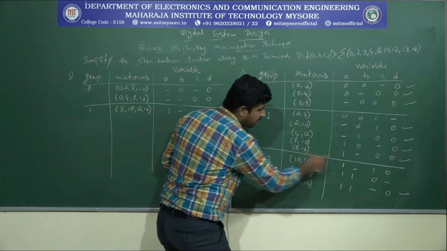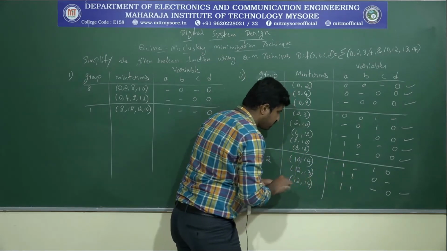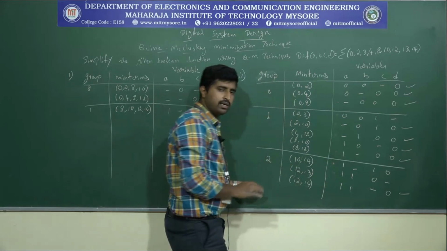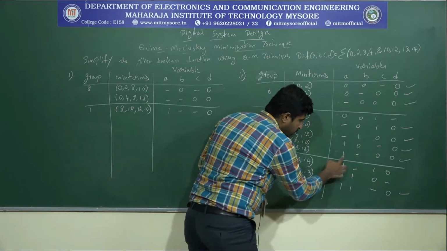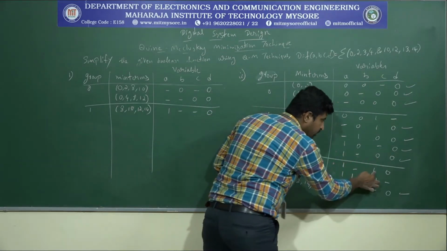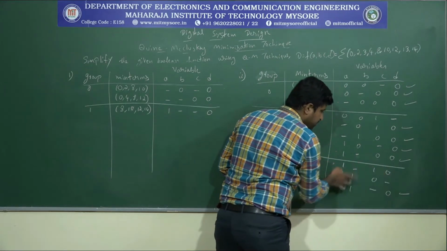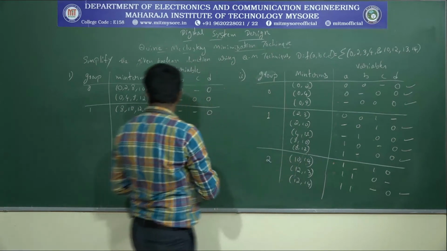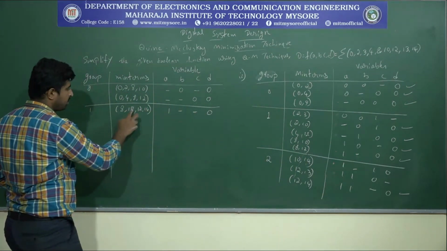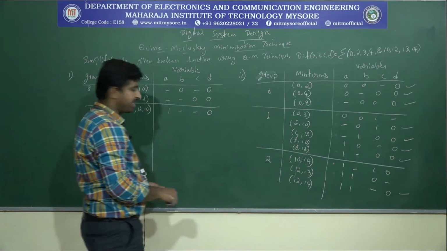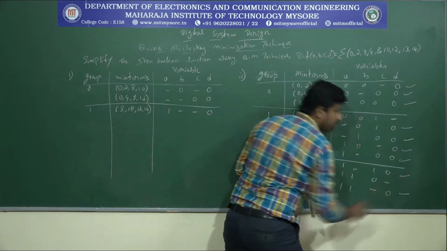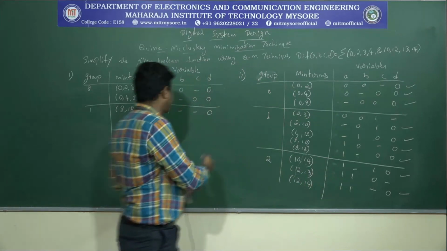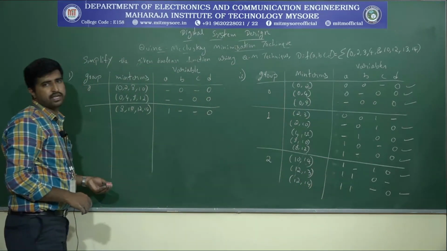Next, 8, 12. So here is the dash. So possible comparison, and this can be compared with this one. Okay. Next, 1, dash, 1, 0, 1, 0, 0. Yes, we can combine. So 8, 12, 10, 14, which is already covered actually. So just simply tick mark that one, and there's no need to rewrite because we have already completed that one.